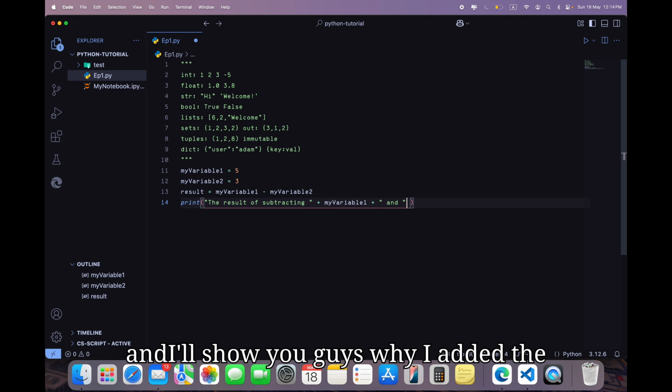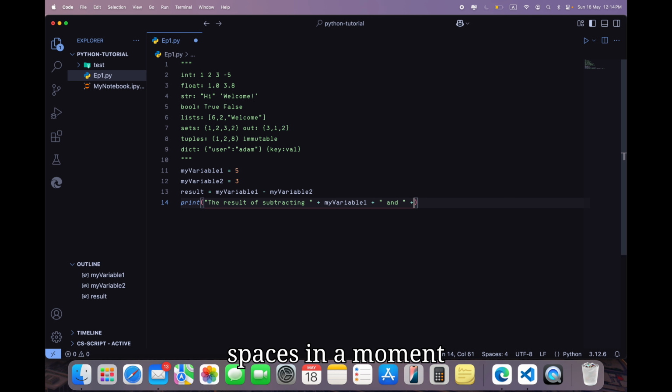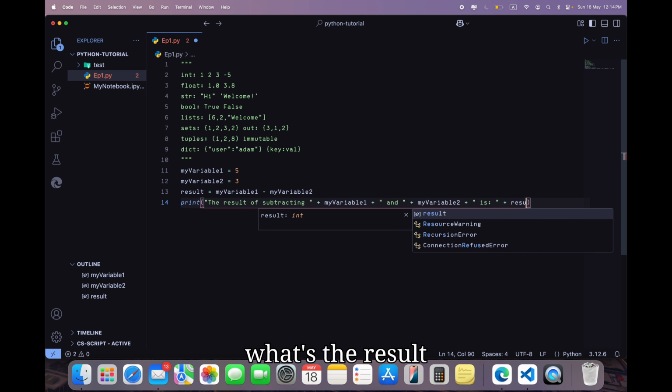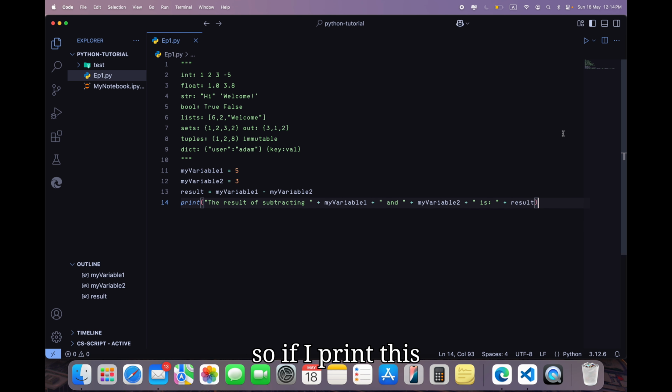And I'll show you guys why I added the spaces in a moment. My variable 2 is result. So if I print this,